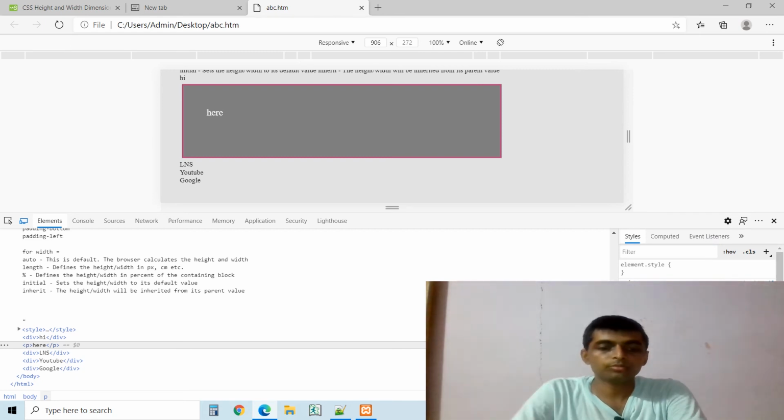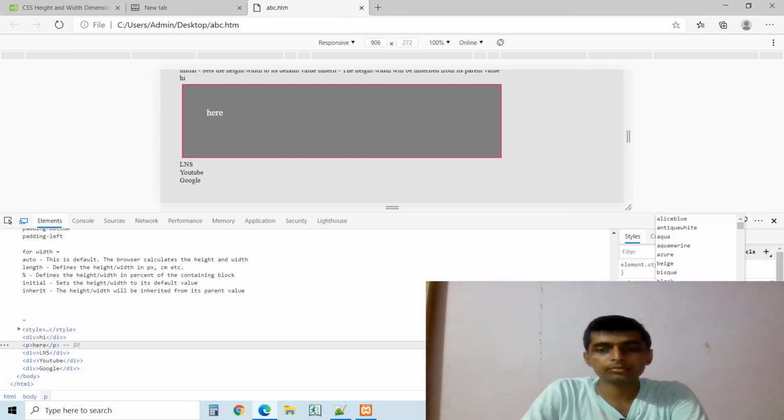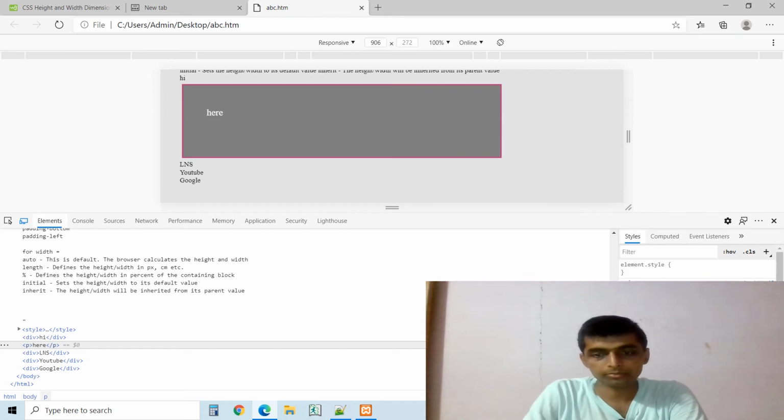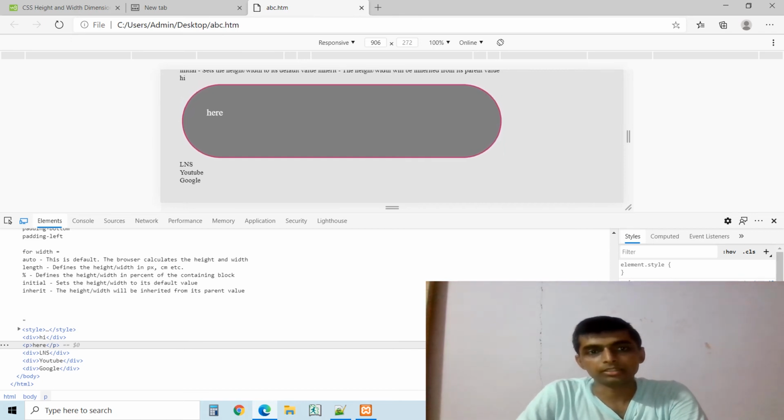Here I am setting border radius. Border radius means giving shape to the corners, in a circle pattern. Suppose the border radius is 20 pixels. How can you see this? This will be the change. If you view this, it is changing here. In this way we are setting the border radius, as well as border top, border bottom, border left and border right.